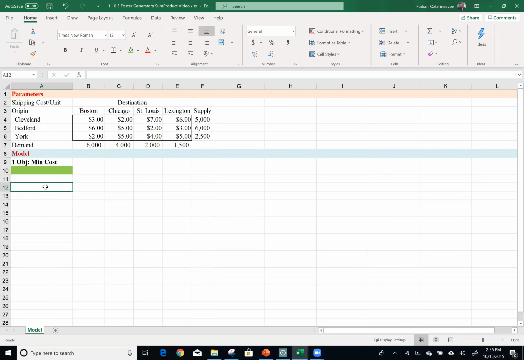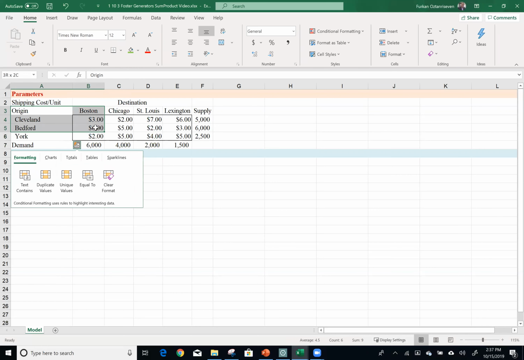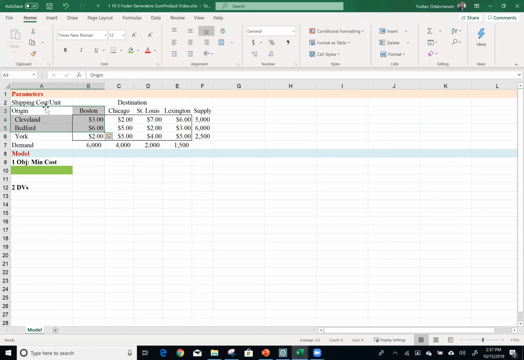All right, the next question I always ask myself is, what am I trying to decide in this problem? In other words, what are my decision variables? Here I have 3 origins and 4 destinations. So in other words, I have 3 by 4, 12 decision variables. Let me just copy this area right here. Control C,